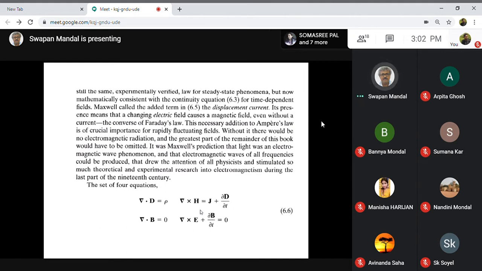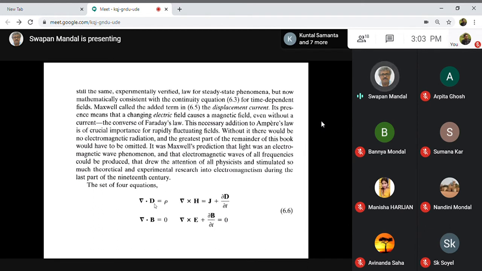Let us see in what way the potential formulation can help us in getting the solution of Maxwell's differential equations, or Maxwell's equations simply. So these are the four Maxwell's equations, and our purpose is to solve them. In other words, we have to find H, E, B, D, etc.